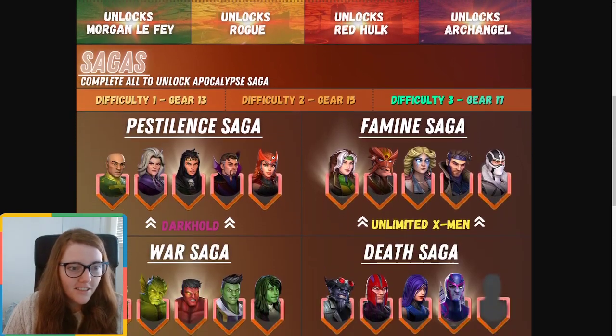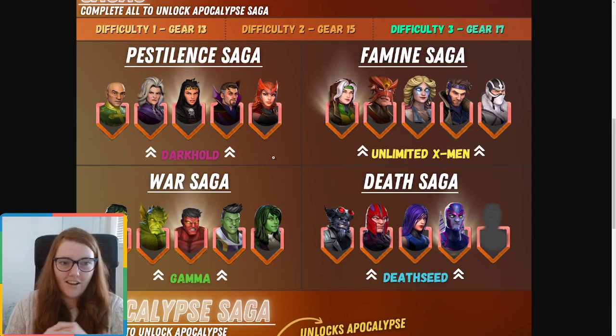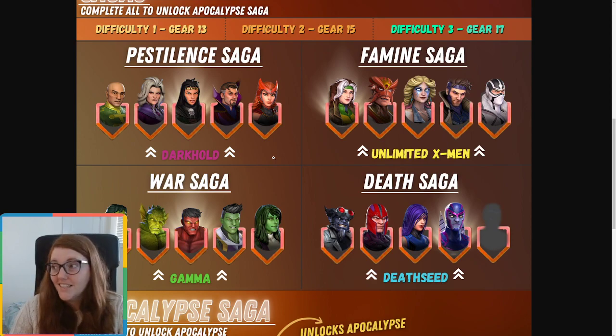And then go down into the sagas. So again, we've had Morgan Le Fay saga and Rogue saga, so you've got the teams there that you need. Difficulty 1 is gear 13, difficulty 2 is gear 15, and difficulty 3 is gear 17. I've managed to do difficulty 2 for both of these. I did actually find